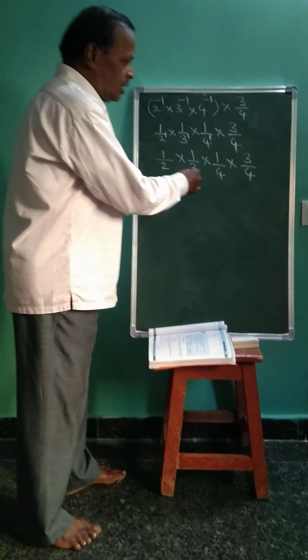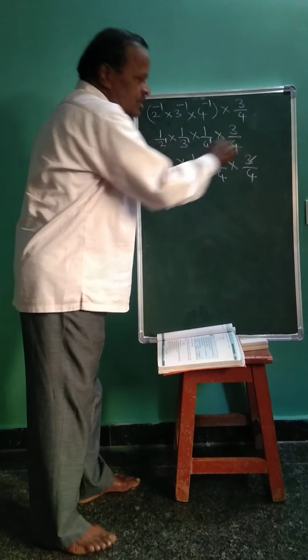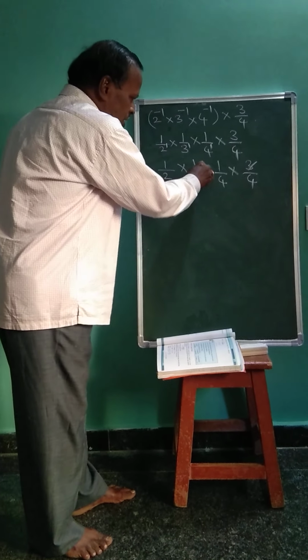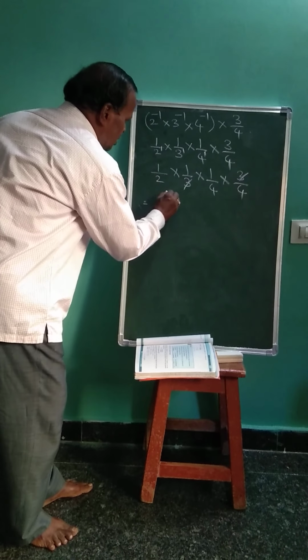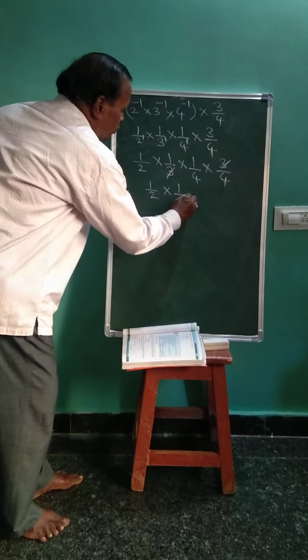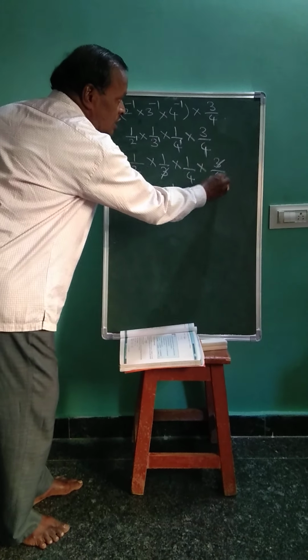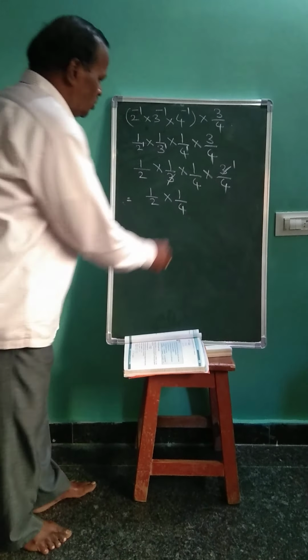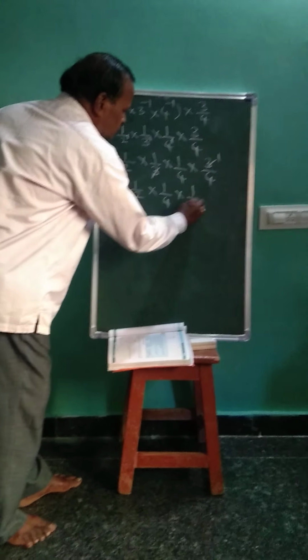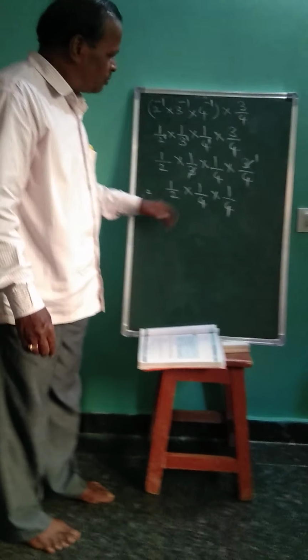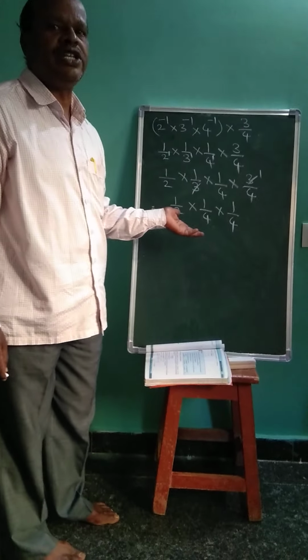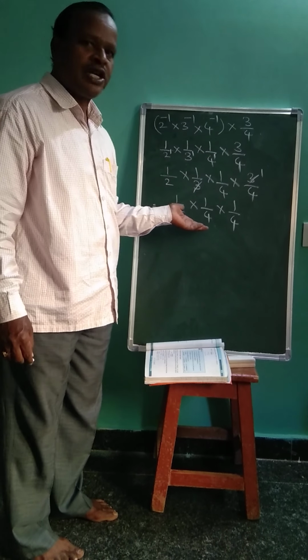Just you can see here, numerator 3 is there, in the denominator also 3 is there. So I have cancelled here. The numerator and denominator have the same factor. Next we have the remaining numbers, 1 by 2 into 4. Again 4 is there, so we cancel, and we get 1 by 4. We can apply the properties here also. Without using properties also we can simplify here. So by using properties we can simplify here.